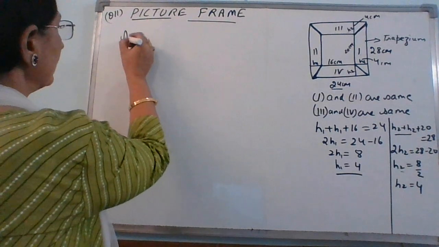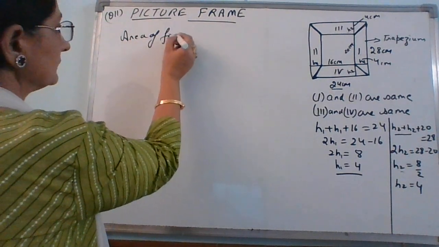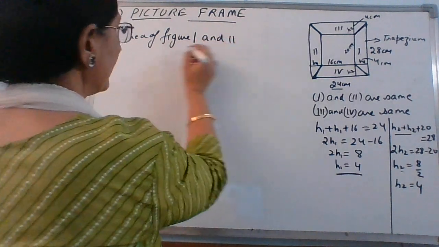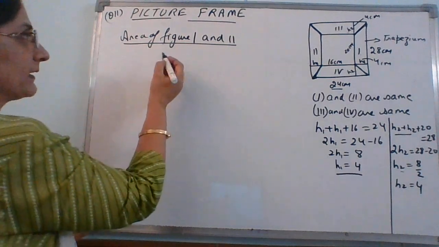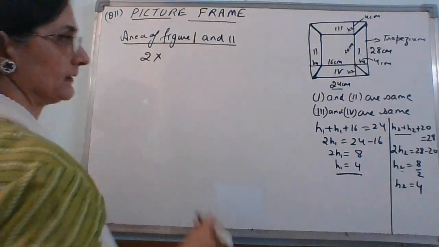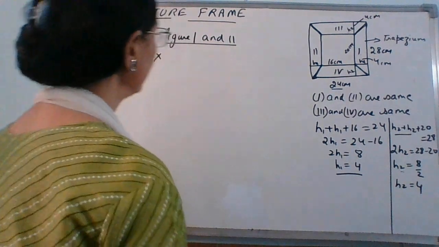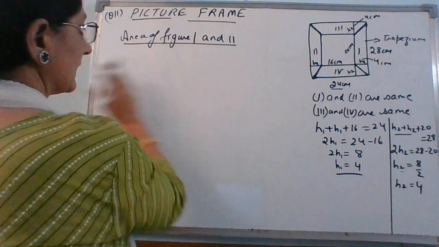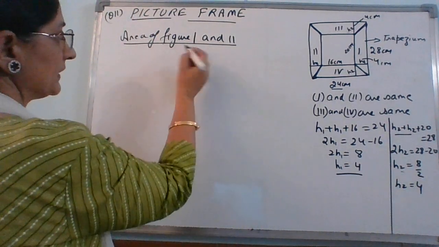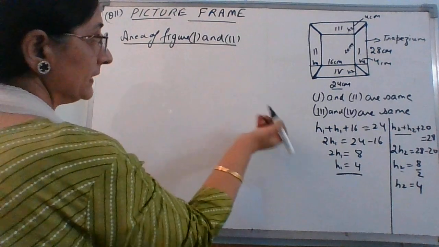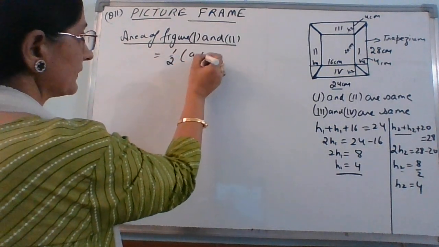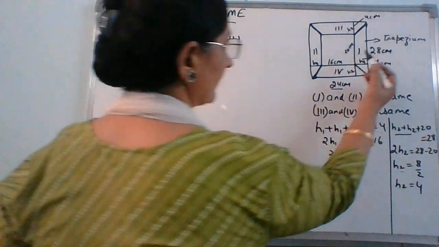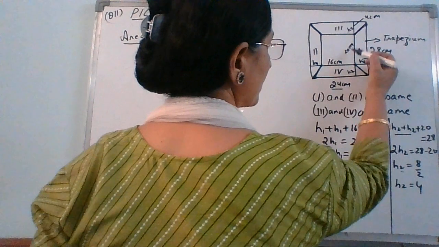So now area of figure 1 and 2, ये सेम है दोनों के, राइट। उनका टोटल एरिया जो भी आएगा एड अप करेंगे या डबल कर लेते हैं, राइट। चलो डबल नहीं करते हैं, जस्ट लेट अस फाइंड द वंस, एरिया ऑफ द फिगर 1 and 2, that will be equal to half into sum of the parallel sides into the height. When we are finding out this 1 and 2, the dimensions of parallel sides are 20